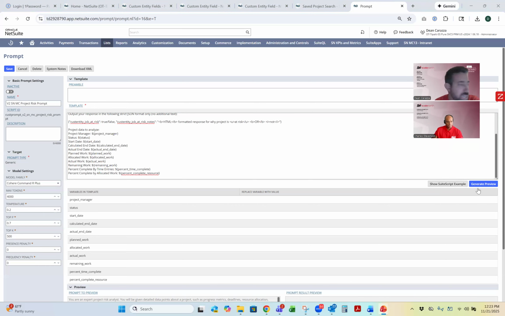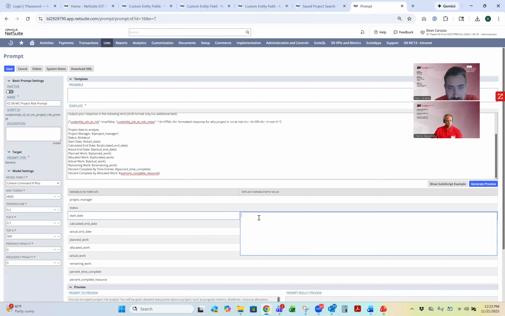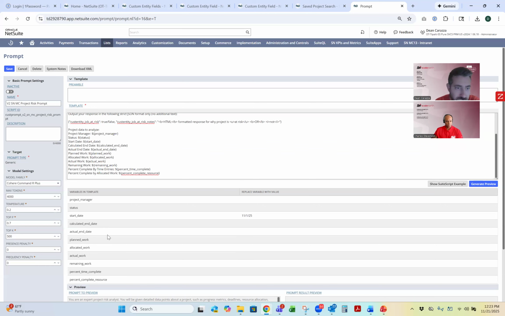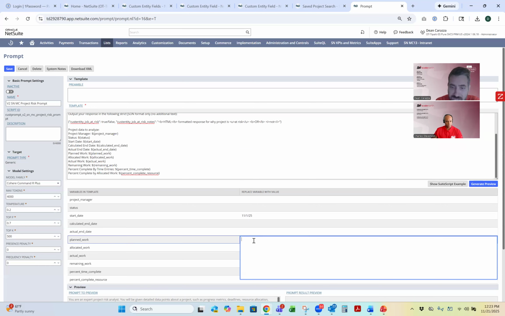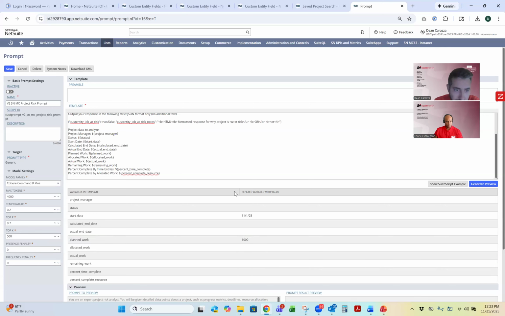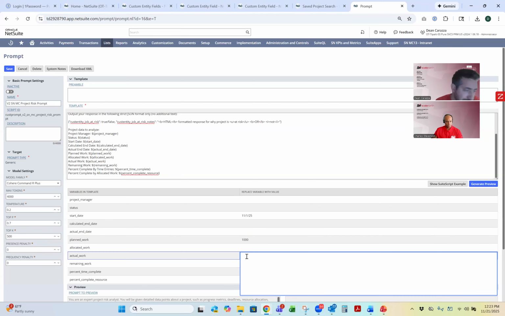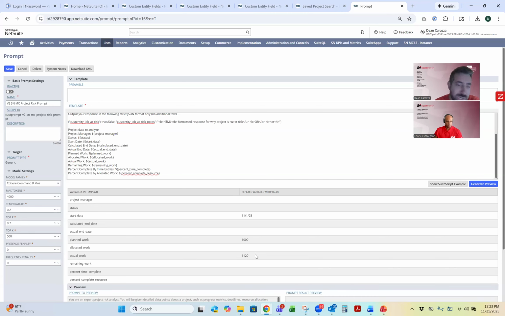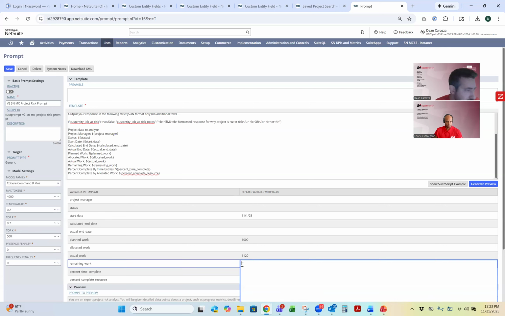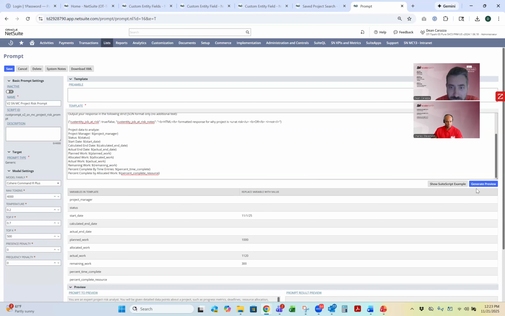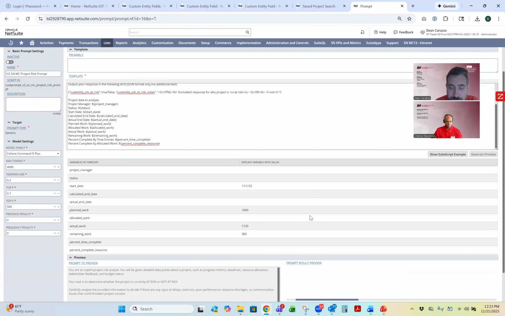There's a generate preview section. So to do a test, I'm going to say, let's pretend that the start date of the project was 11/1/25. Okay, let's just say that the planned work was 1,000 hours. Let's say that the actual work is 1,120 hours, so they're already over budget. So hopefully that means this thing should recognize that this is probably a risk. And then let's say the remaining work is 300 hours. So you can kind of play with this in this generate preview. If I hit generate preview,